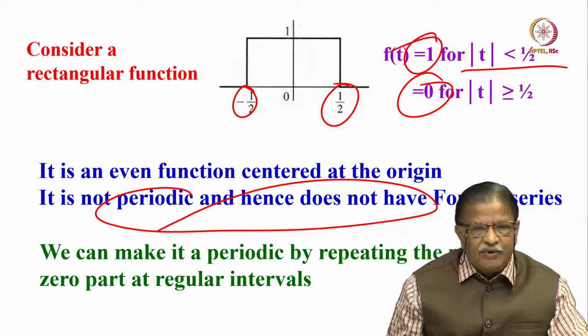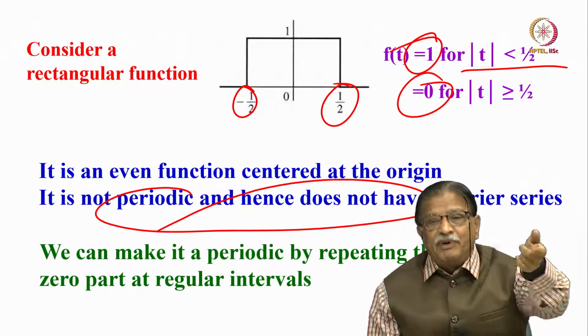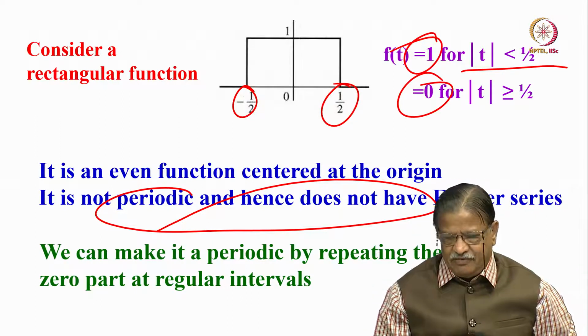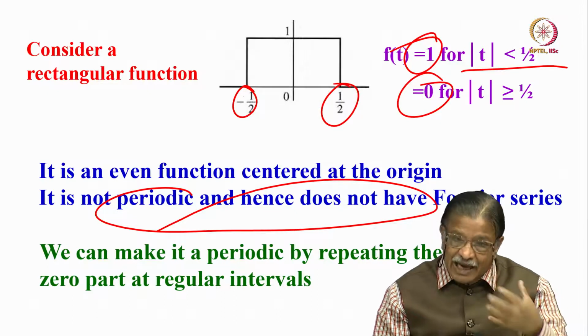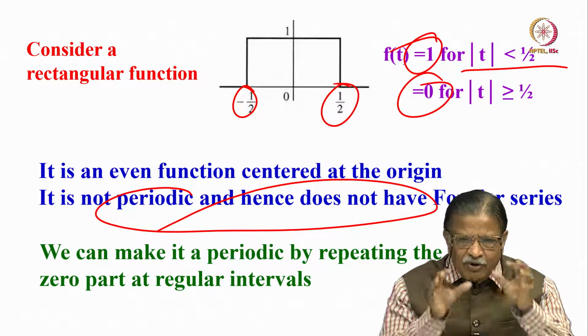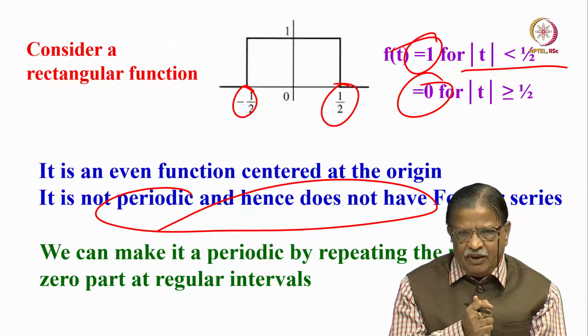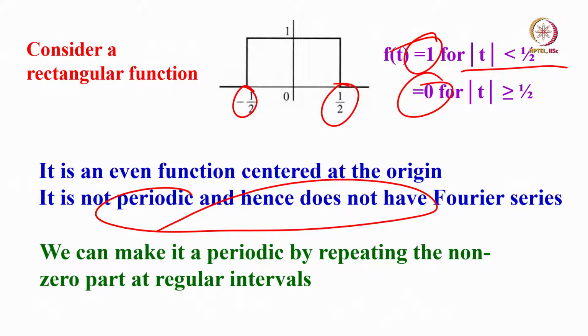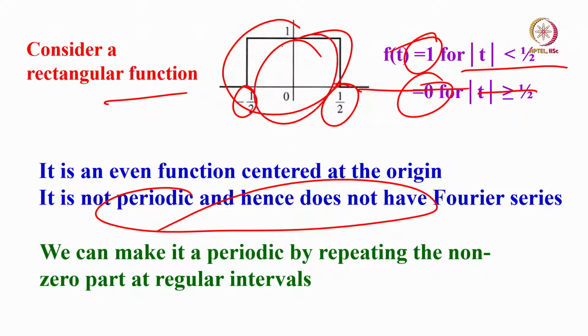So, what I am going to do is, we can make it periodic artificially. Just for calculation purposes, for understanding the Fourier transformation, I am going to do some simple jugglery. I will periodicize this type of function by repeating it at regular intervals. What I mean is, I take this function and repeat it after some time, on this side, this side, this side. You can keep on repeating, considering this as the base function. It is possible to do that.